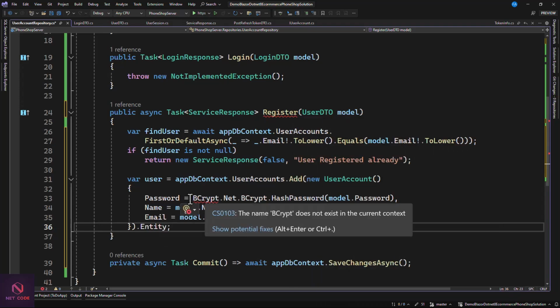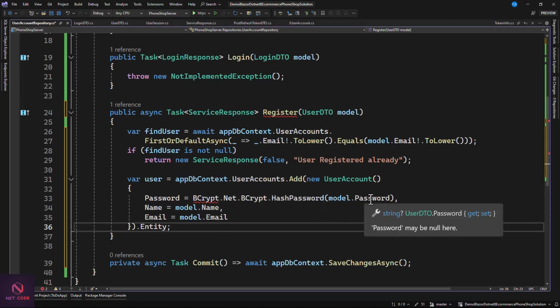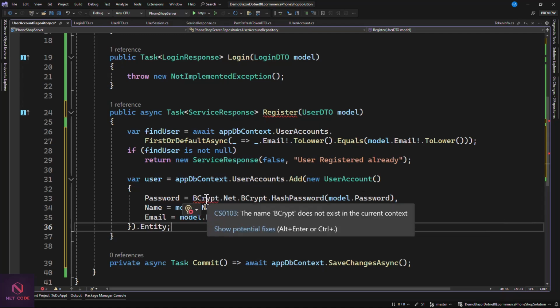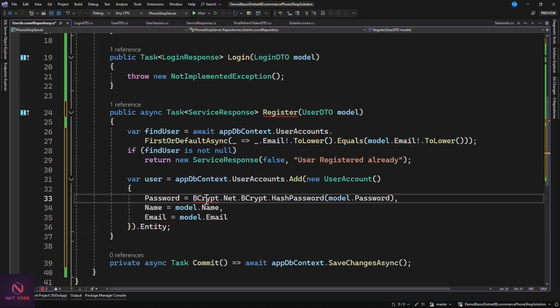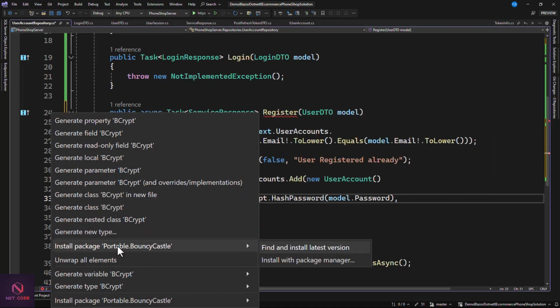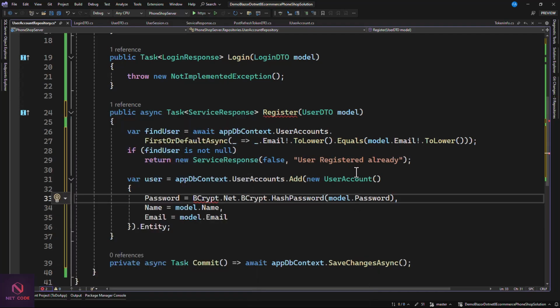So we are using this package, BCrypt.Net, BCrypt.HashPassword. We pass in the string password, and it's going to encrypt it. To use this, you have to install BCrypt.Net. Press Ctrl+period to see if you have access to it, and not this one, not this one. So it means you have to